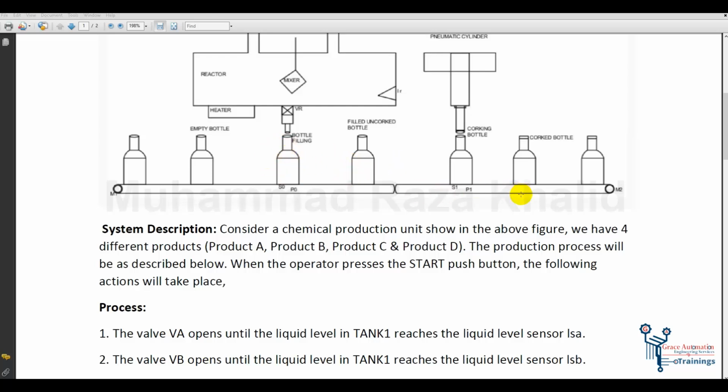For conveyor 2, the motor 2 will turn on when motor 1 has turned on and off the first time. So for the first time it has turned on and off, the motor M2 will still be off, but the second time when motor 1 is turned on, motor 2 will also turn on along with that. When the bottles are moving on this conveyor and the S1 sensor is detected, meaning the bottle has reached here,